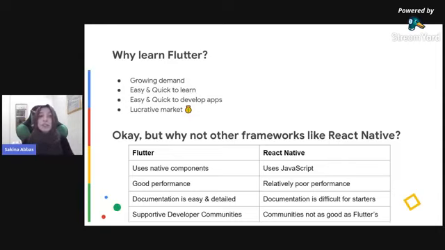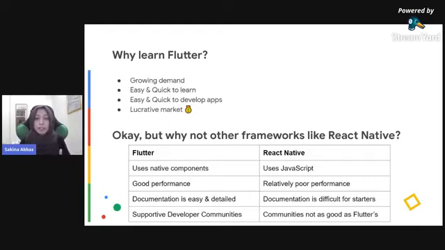But other than that, people still ask, okay, fine, you've said all that, but why Flutter? I mean, there are other older frameworks like React Native, Xamarin, Ionic, PhoneGap, all these older frameworks, these are also for cross-platform application development. Yes, and the most debate arises on Flutter versus React Native because React Native is just as popular. So my reason for choosing Flutter over React Native is that Flutter uses native components. So all of the widgets that we were talking about, they're not some out-of-this-world technology or just something outside the scope of native development, okay?